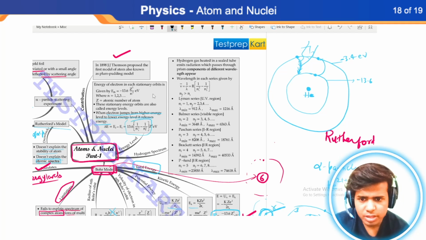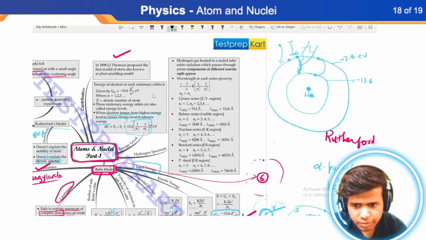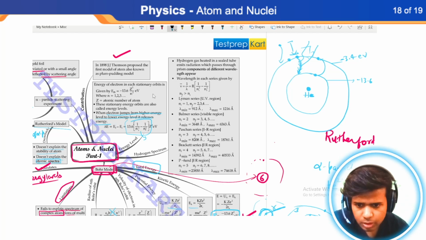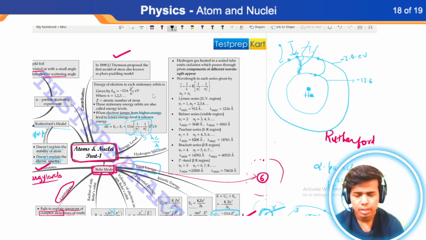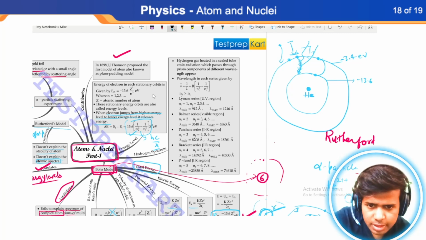So basically you have to do this thing. If you are in the second shell and you jump into the third shell and come back into the second shell, then you'll have to find the difference between them, right? And this can be found easily from 1 by n1 square minus 1 by n final square, and this will be equal to hc over lambda. And hence you can find lambda from this calculation, basically the wavelength of emission. And based on this, there is this